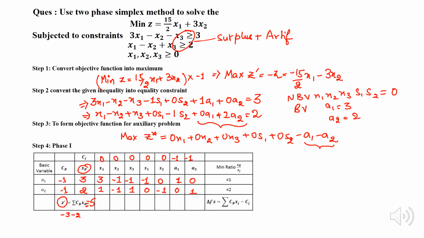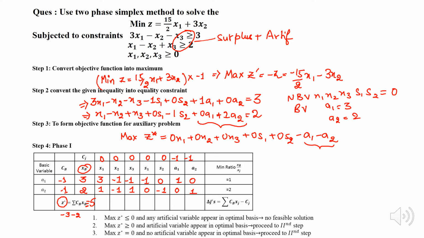So now we will check the optimality test. If my z is less than or equal to 0, which here is equal to minus 5, since my z is equal to minus 5, it is having a value less than 0. So this solution is not a feasible solution. So we are going to form a new simplex table by using the incoming, outgoing and pivot element. Okay, so first we will see what my incoming variable is.